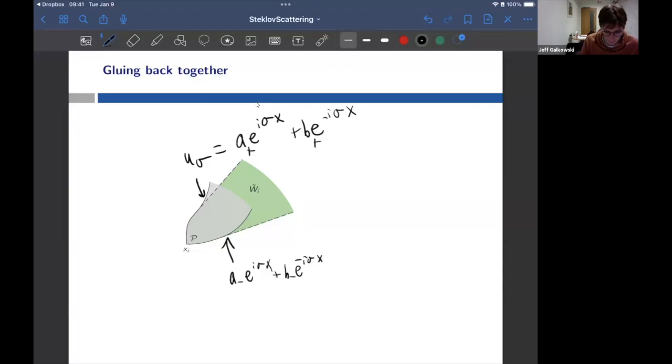So I have one incoming part of the wave up here and one outgoing part of the wave. I have one incoming part of the wave over here and one outgoing part of the wave. And that works outside of some little ball like this. If I go too close to the corner, I don't have this description. So what I try to do is take my U sigma and use the honest-to-God U sigma inside this red ball. And then I know that I can